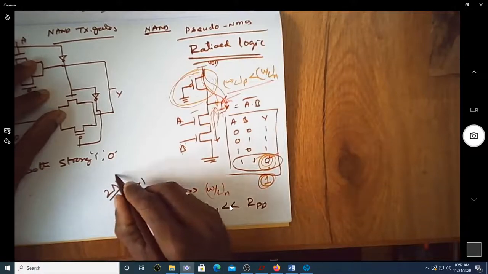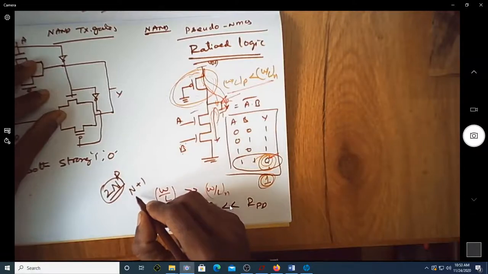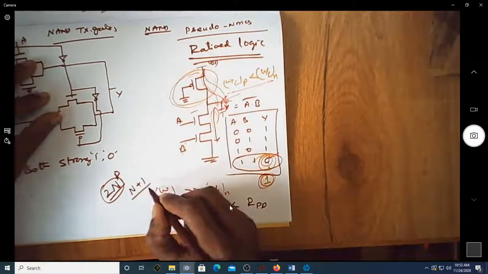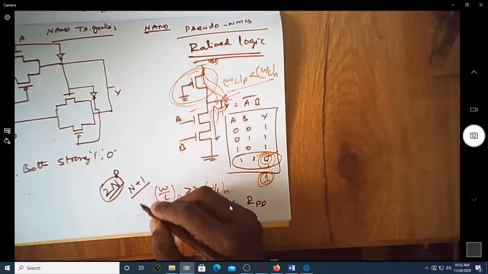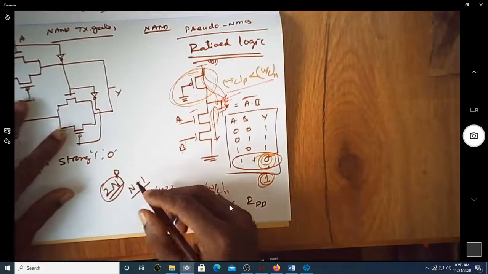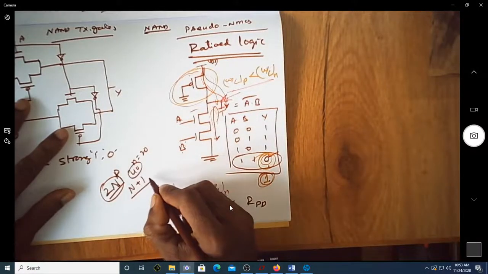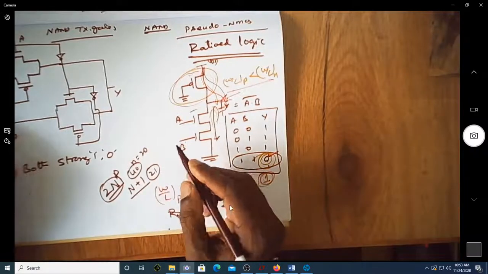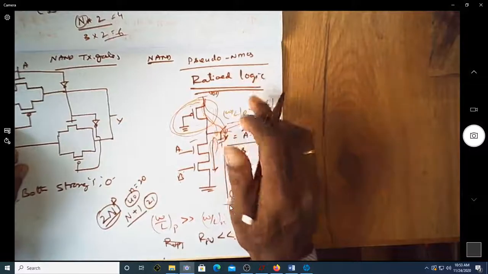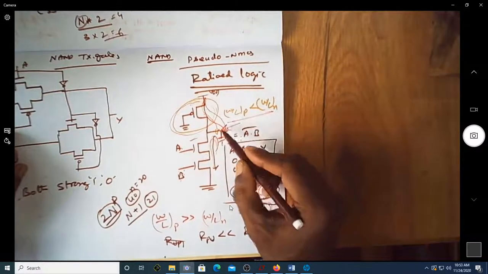As the value of n keeps on increasing, this 2n will be too large, whereas in case of pseudo NMOS implementation, the number of transistors saved will be huge. Suppose n is equal to 20, here you may require 40 transistors, here you may just require 21. The only limitation in case of pseudo NMOS is that the output is a ratioed logic, meaning the output